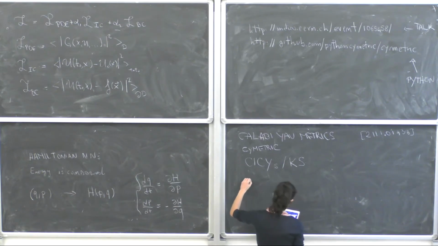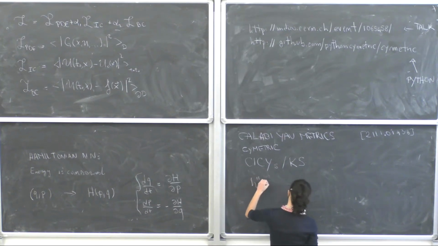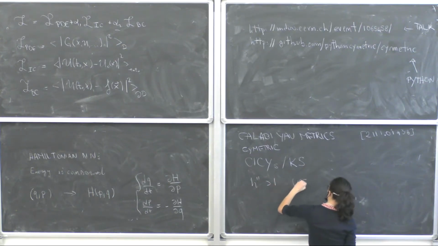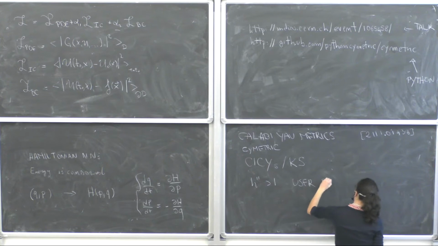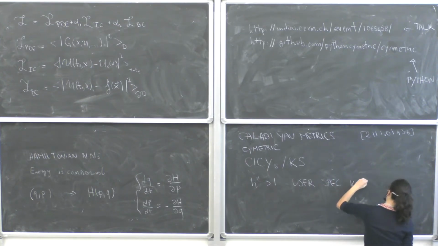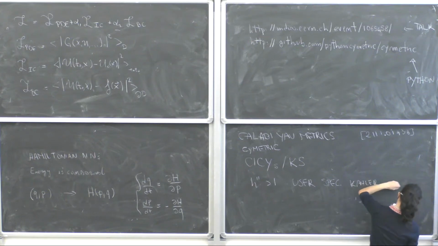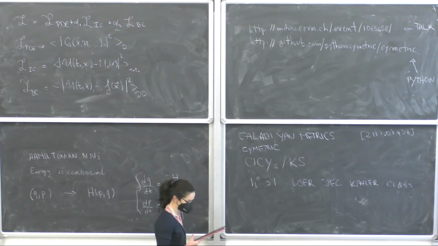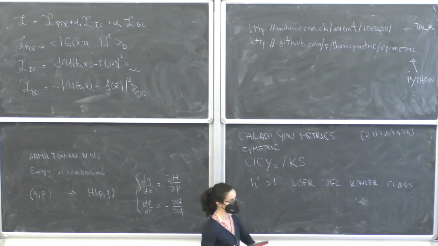Anyway, this package is able to work with h11 larger than 0 in a user-specified Calabi-Yau class, and it works again with CICYs and the Kreuzer-Skarke list. So, why is this result important? Not only because networks are fancy